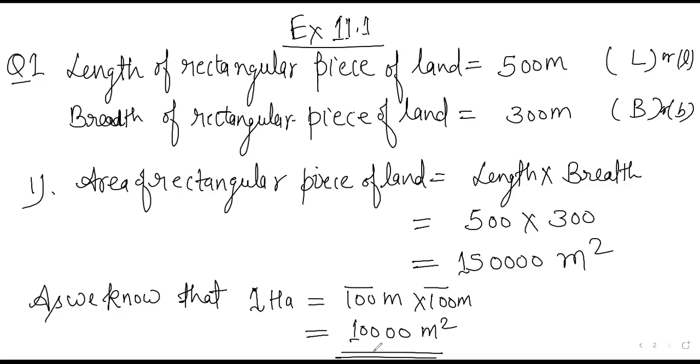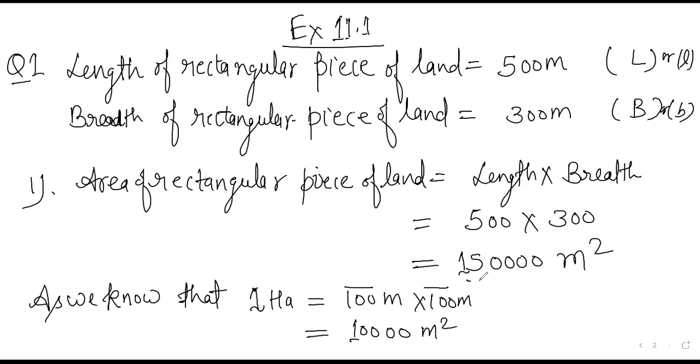दिस इज द एरिया ऑफ फील्ड square or rectangle in the form of hectare. Means simply you can say what is the relationship between hectare and meter square, it will be this one, right? So now